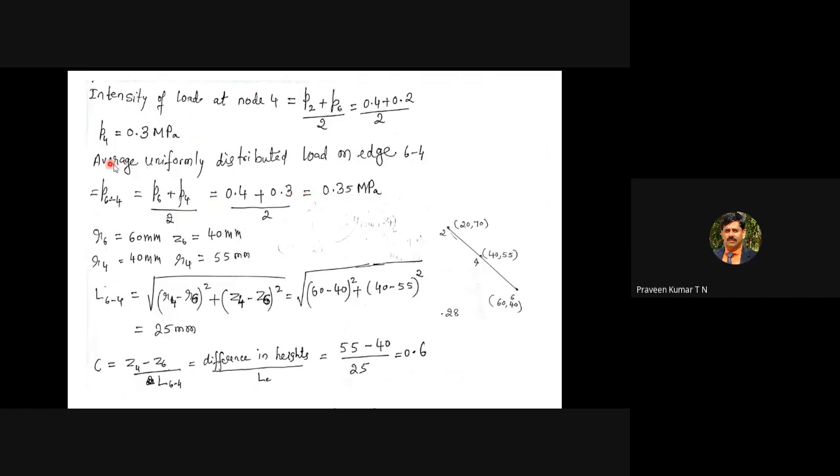So now we are concentrating on the edge 6 4. The coordinates are given. Then you have to find the length of the element, the length of the edge 6 4. Once you know the coordinate points, we can find the edge length from the analytical geometry formula. The general formula is x2 minus x1 the whole square plus y2 minus y1 the whole square. But here the coordinates are not x and y. In the case of an axisymmetric problem, the coordinates are r and z. It is a cylindrical coordinate system.